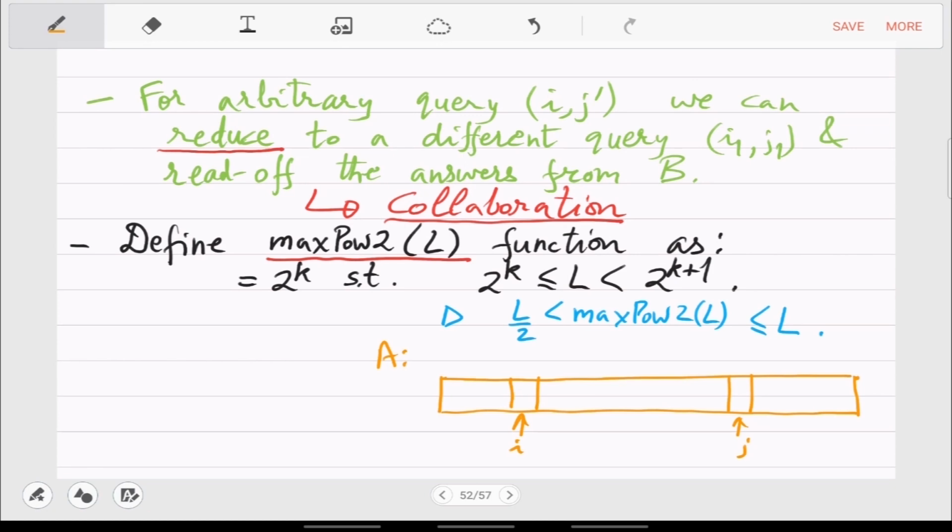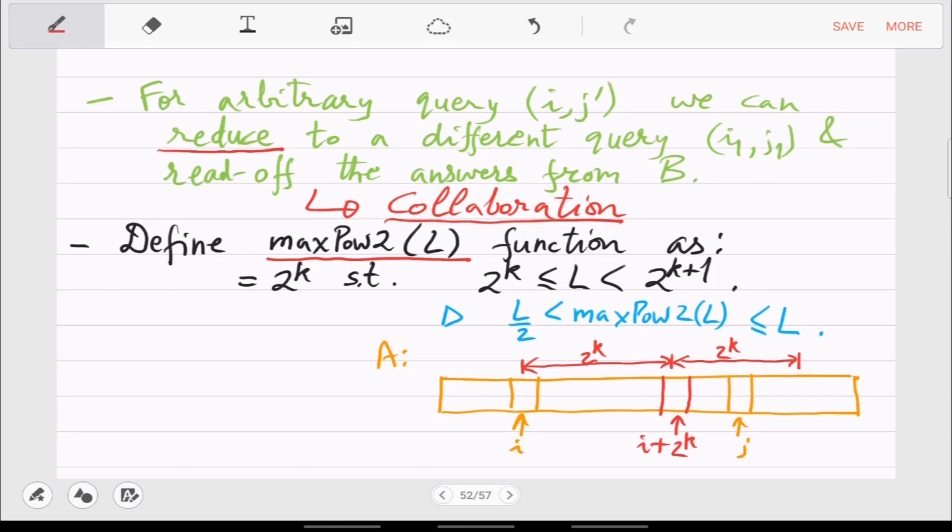So the real power of 2 maybe ends somewhere here. So this is i plus 2 raised to k, and j just crosses that. So from here to here you have 2 raised to k. And then from here to somewhere ahead is 2 raised to k.